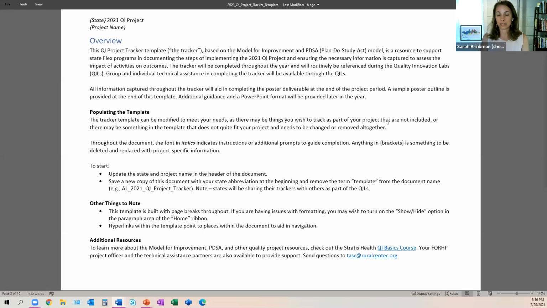What we're really trying to do is give you the tools to be able to provide that final report and poster in a concrete way. So if it doesn't fit, you don't need to do it. If there's something that's missing, add it in. This is now yours to run with. Throughout, there is text in italics that always indicates instructions or additional prompts to help guide completion. Any text that's in this type of curly bracket is something that's to be deleted and replaced with